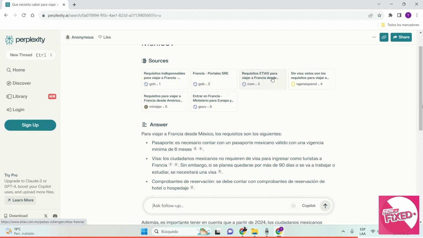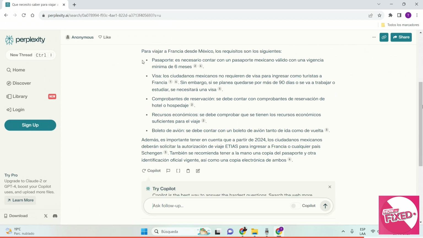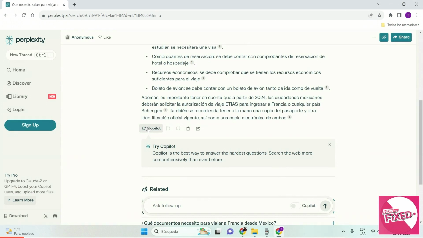It will throw some sources like web pages where there is information about it, and here you'll see the answer that the application will give you. It will sum up all the information it has found. These little numbers are the sources from which it has taken this information, and at the bottom you can use this option called Copilot,